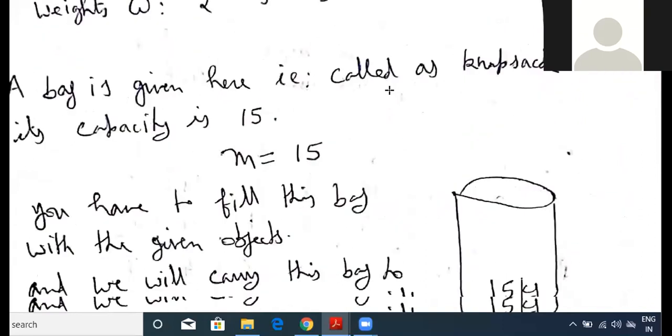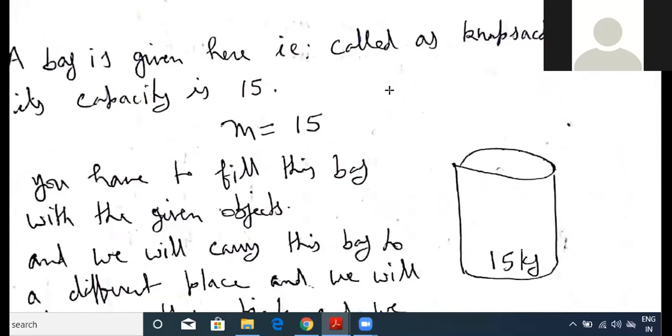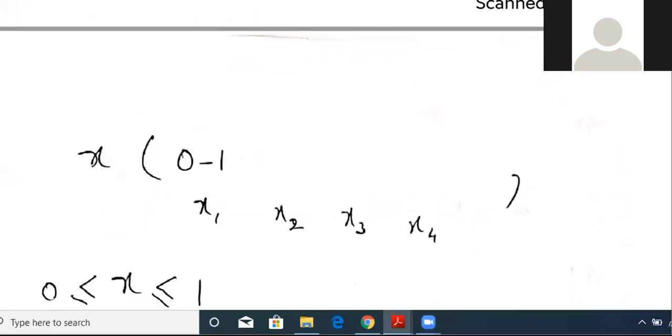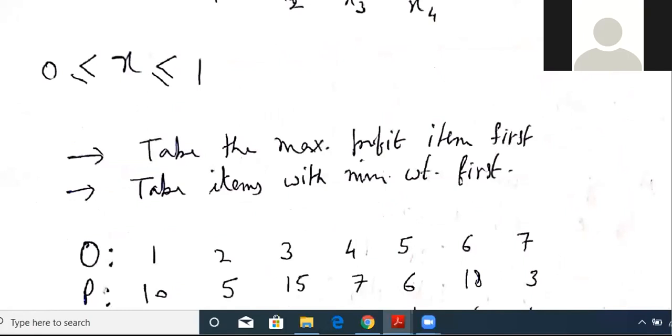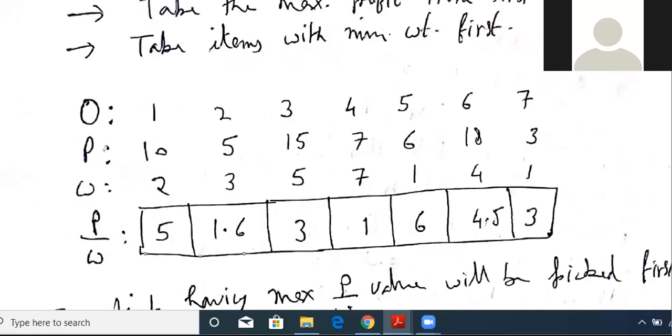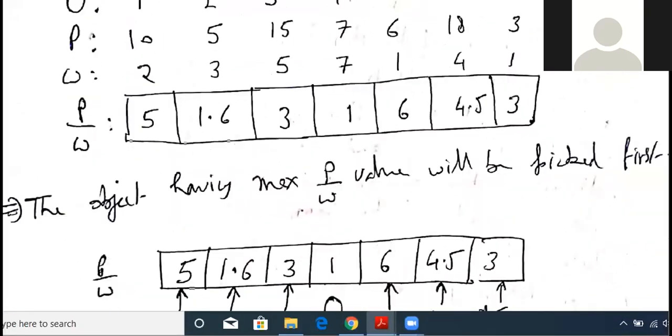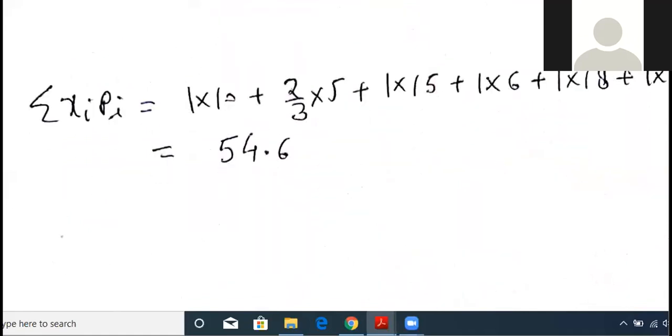I think you will be able to understand this concept, and later you will see by yourself by looking into the notes, and you will be able to solve the given problem. And in the tutorial I have placed one question associated with the knapsack problem. By using this same concept you will be able to solve it. So this is our knapsack problem, and this problem uses the greedy approach.